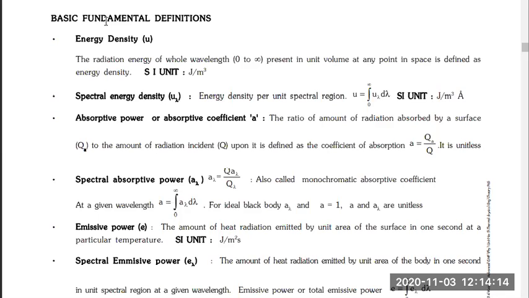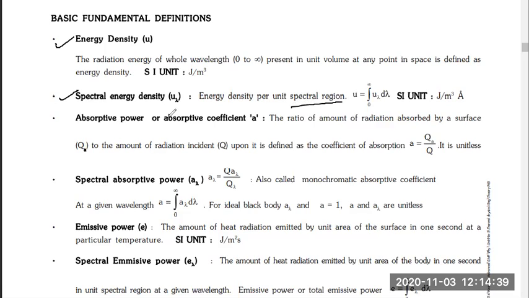Because we don't have enough time to discuss all these terms in detail, we'll just be following the formula and how to use it. As simple as that. Now, just go through the terms that we'll be using. The first is energy density, which is energy per unit volume. Then spectral energy density, which is energy density of a given length of wavelength,